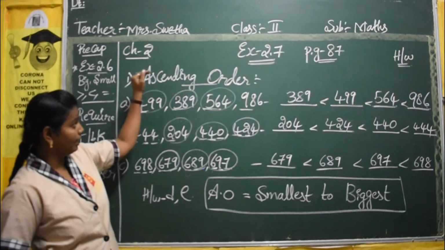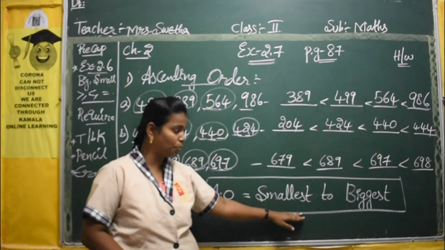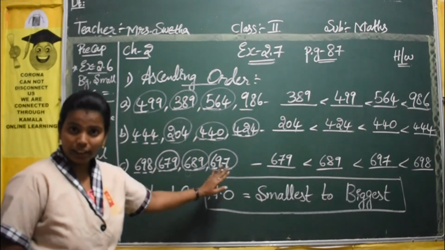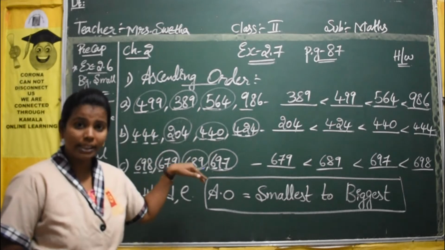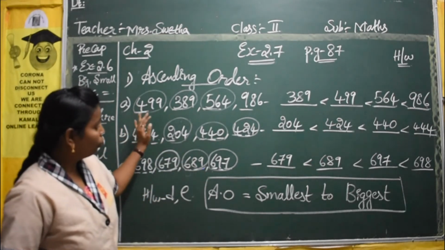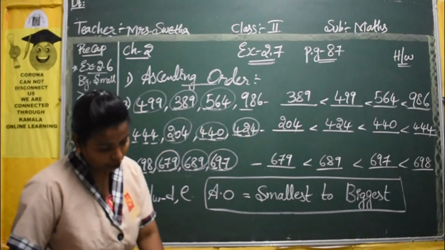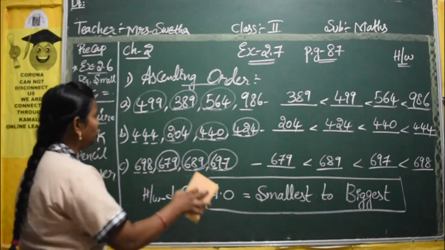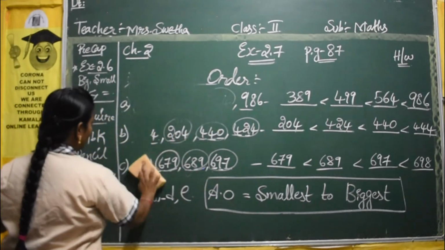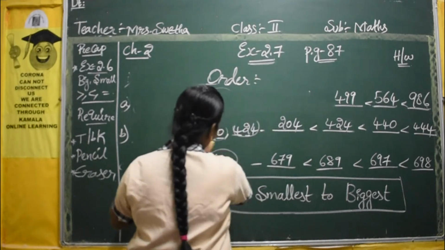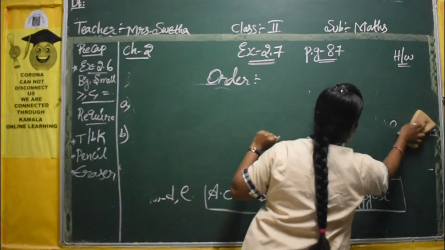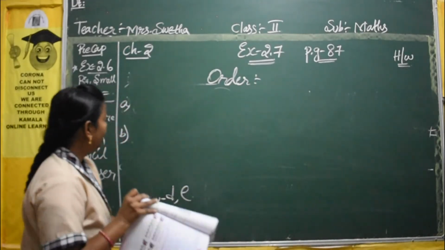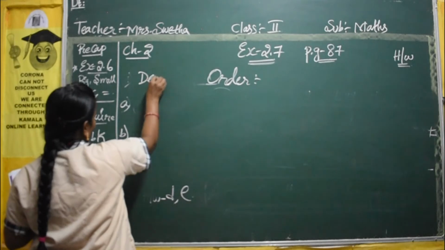Okay, so in this ascending order we have arranged the numbers from the smallest to the biggest number. Okay, so I hope you have understood this one. Yes, shall we move on to the second bit? So I have given you D and E as your homework. From this descending order I am going to explain only two problems, and the others you have to write. Okay, so here you have to do descending order.